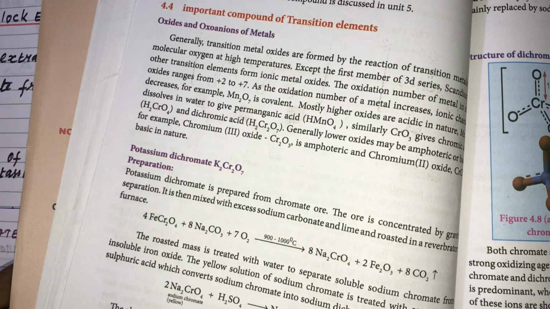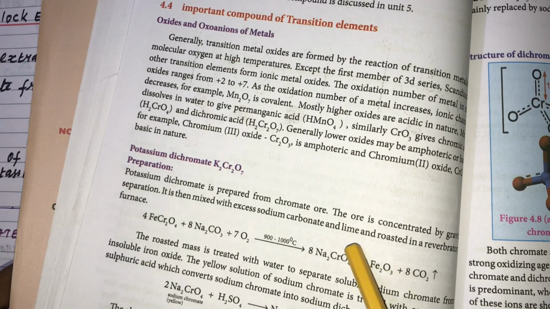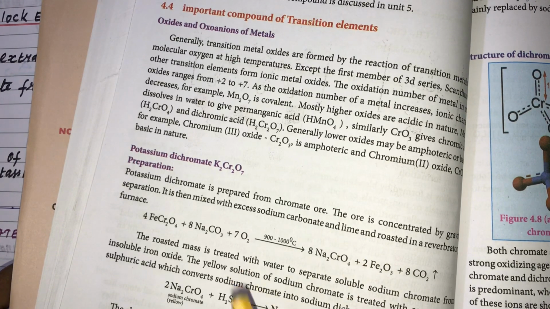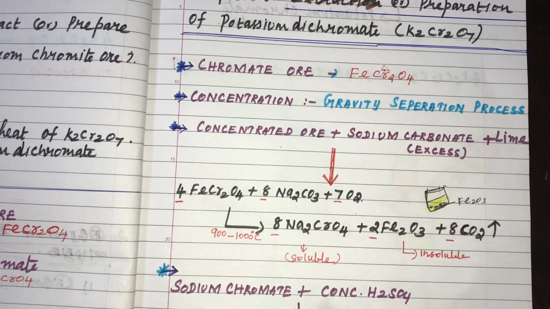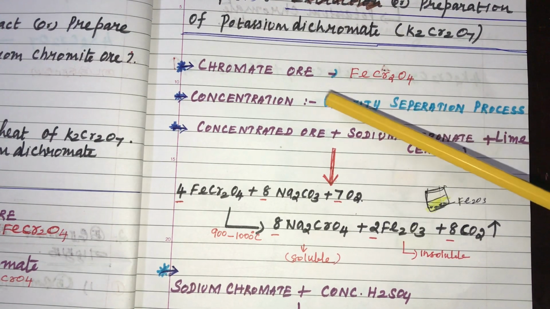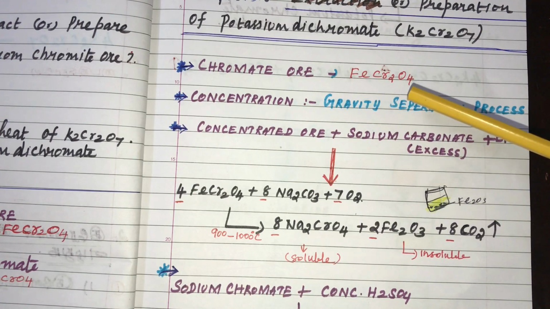In this video, what we are going to see is the preparation of potassium dichromate from chromite ore. Potassium dichromate is one of the compounds of chromium in the transition elements. How can we get potassium dichromate from chromite ore? The important points are the name of the ore. The name of the ore is chromite ore, of the formula